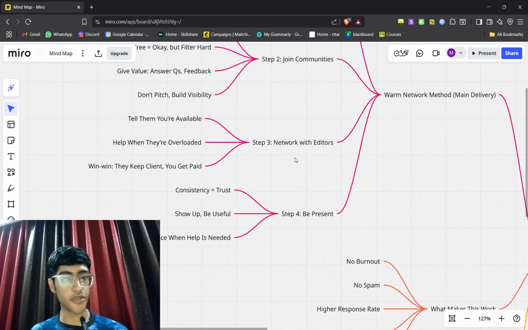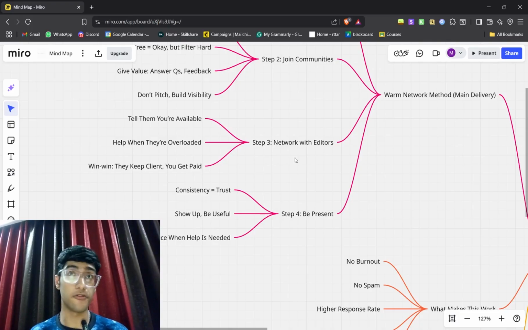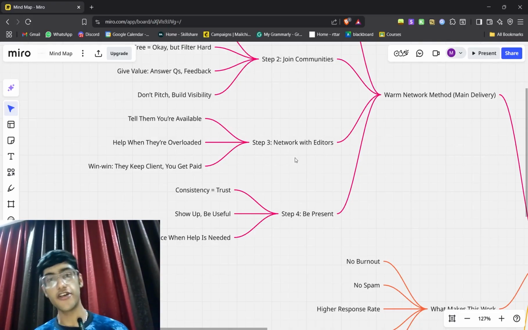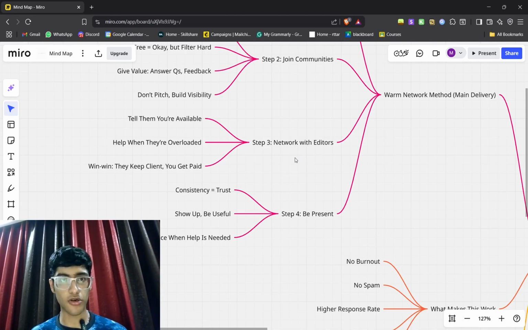So it's a win-win. And if the other editor is going to have some work, let's say I network with another editor, I say I work in the finance niche, and I know you don't work in that niche, and a prospect comes to you for that edit, you can just give that work to me. Then that editor is probably going to give that work to me very happily too. So it's a win-win for both. The editor is not turning down the project, you are also getting the client, and you are getting paid, right?